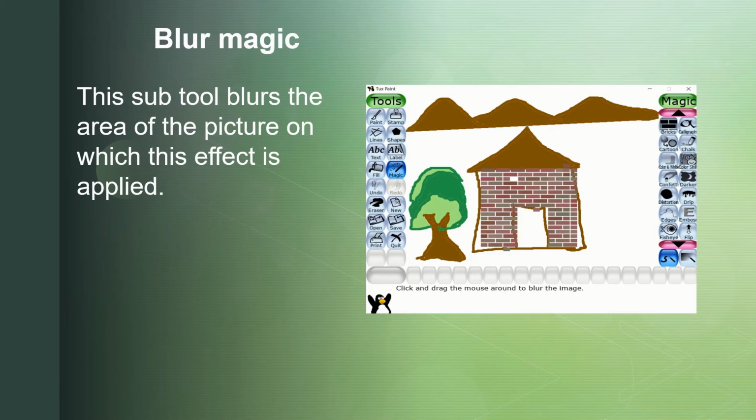You can see on the screen, the teacher has shown the practical. The teacher selected the magic from the magic tool, blur, and the teacher has given the blur effect on the bricks.